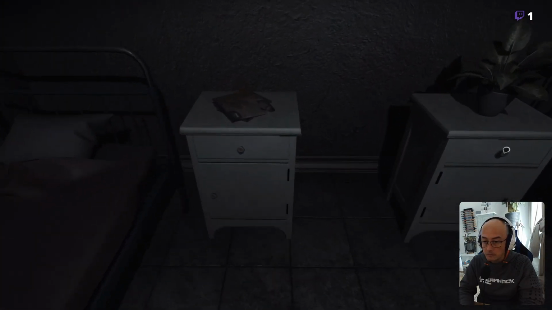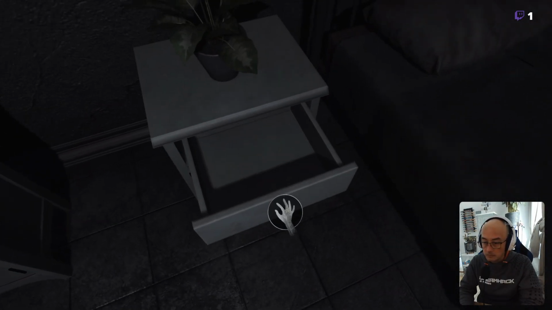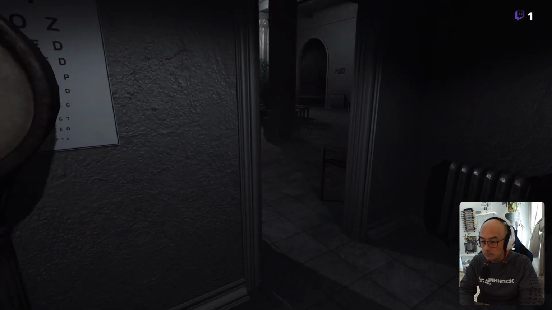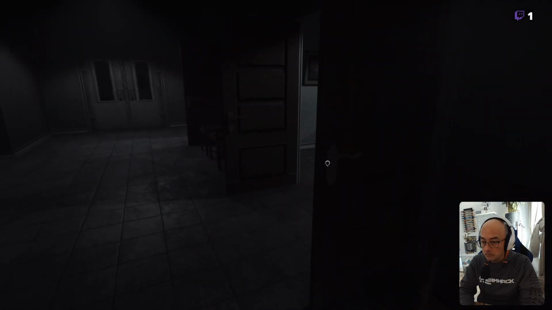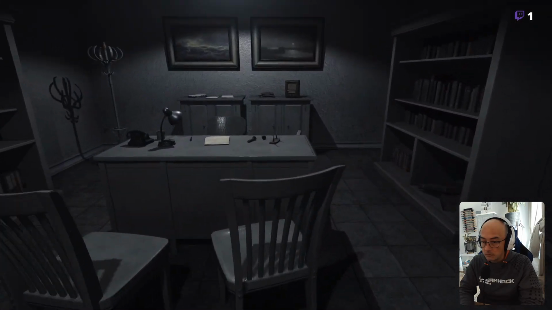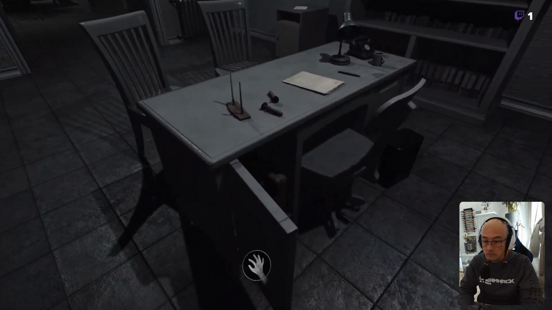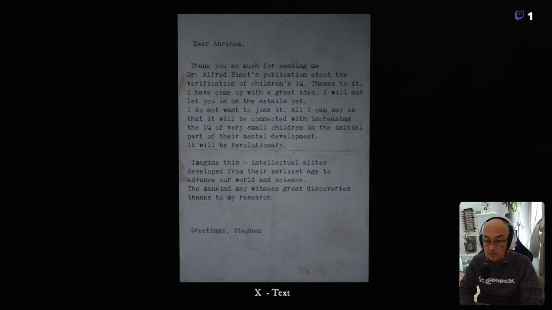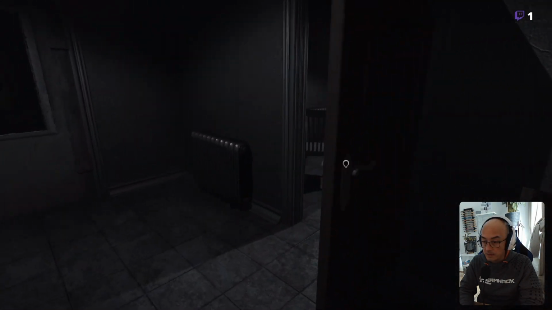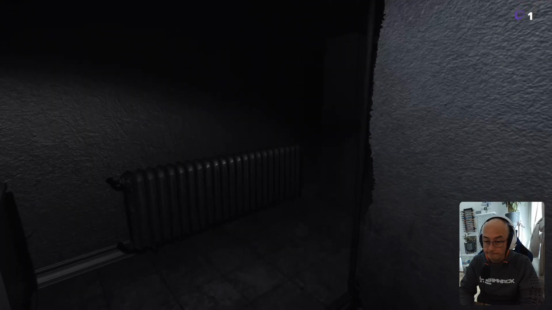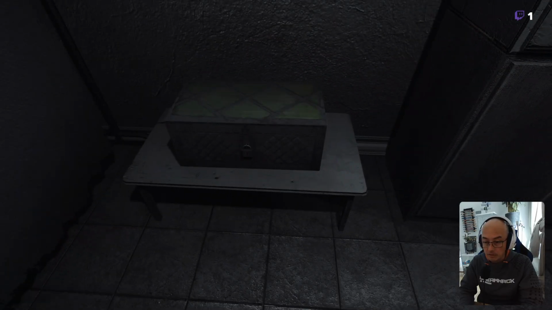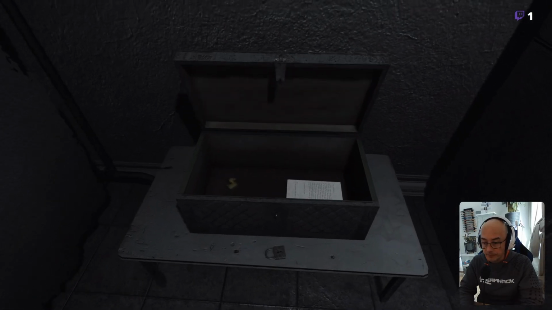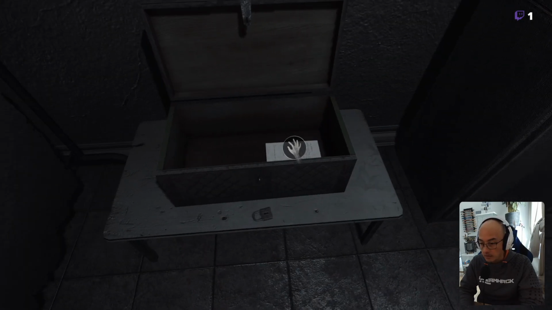What now? Damn it, I think this time we missed something. Oh no, it's open. Yeah, okay. We had to open this. Robert the dog.